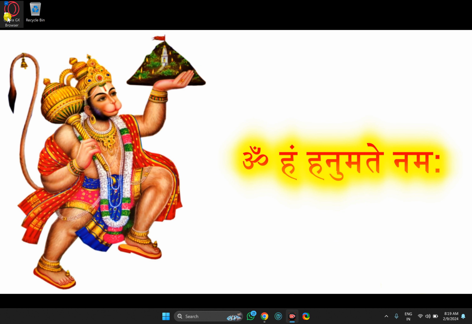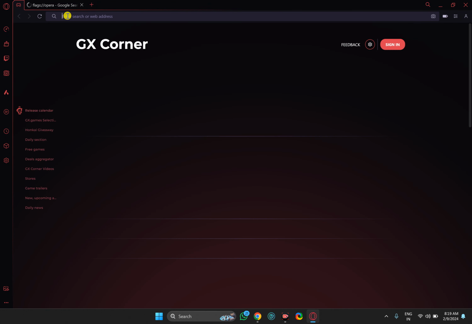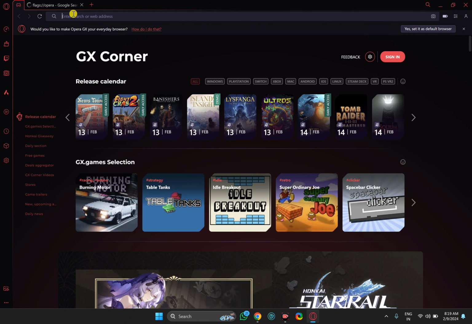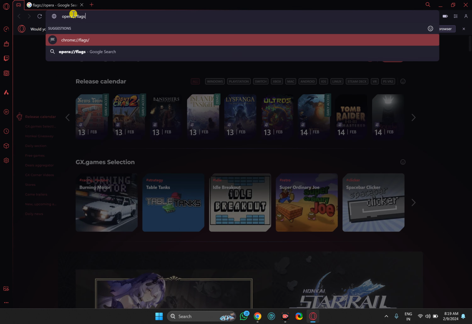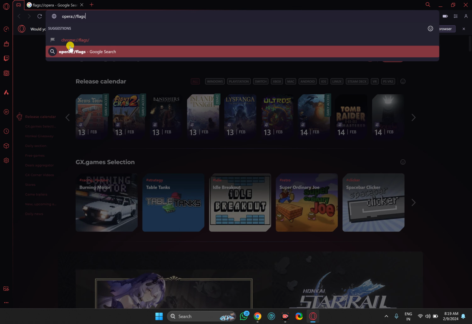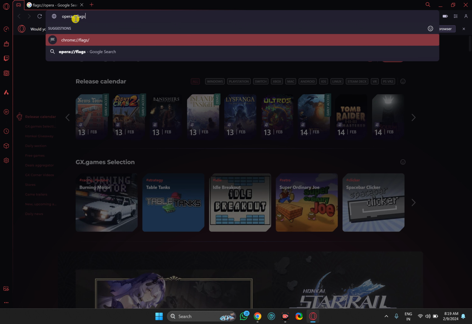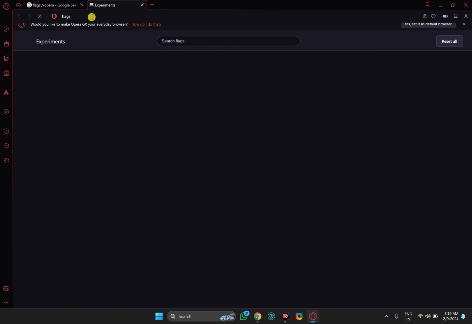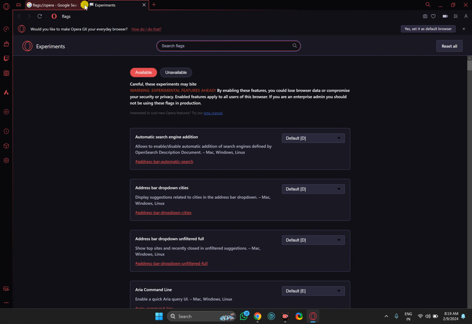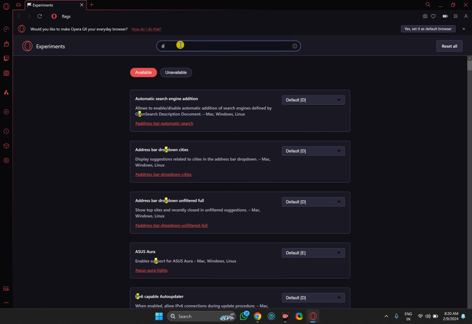For that, first open Opera GX browser on your PC and then in the address bar type opera colon slash and then flags and then press enter on the keyboard. In the search flags box type parallel